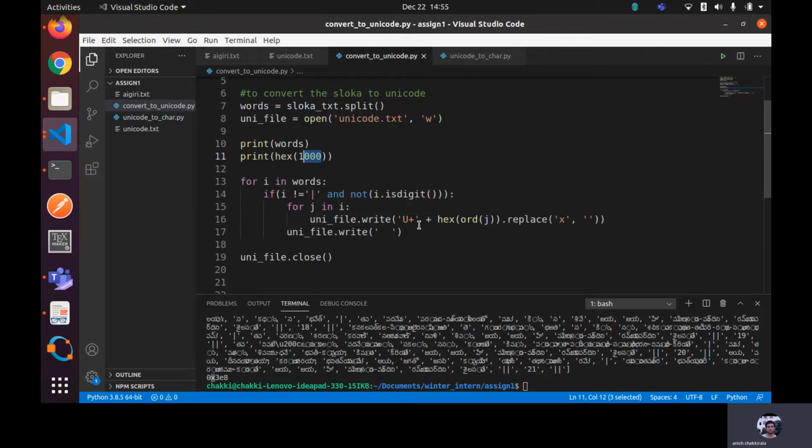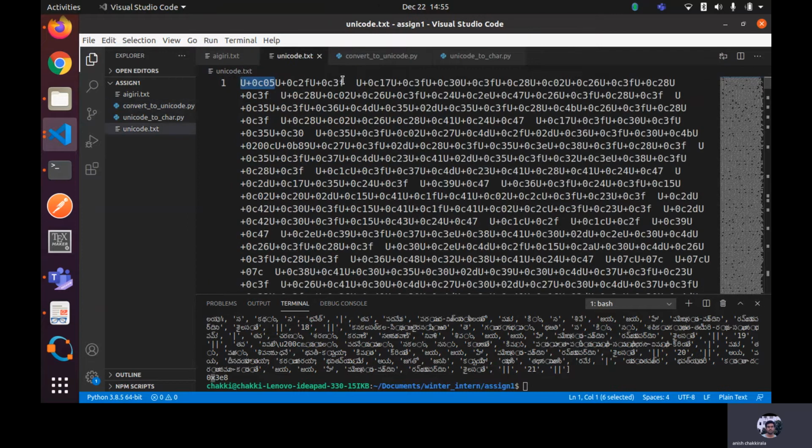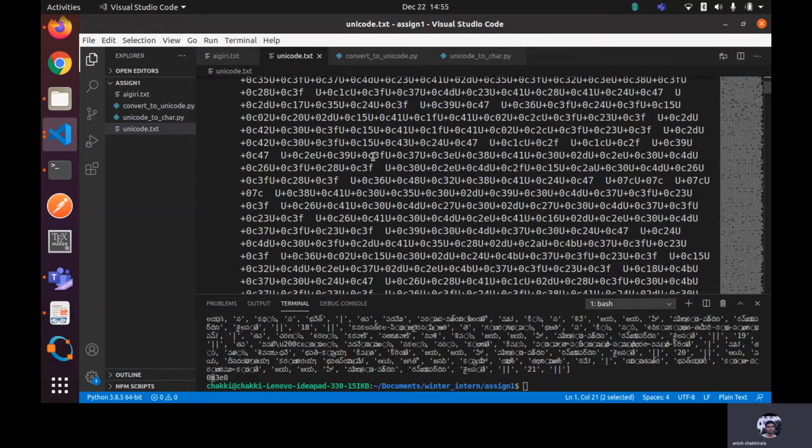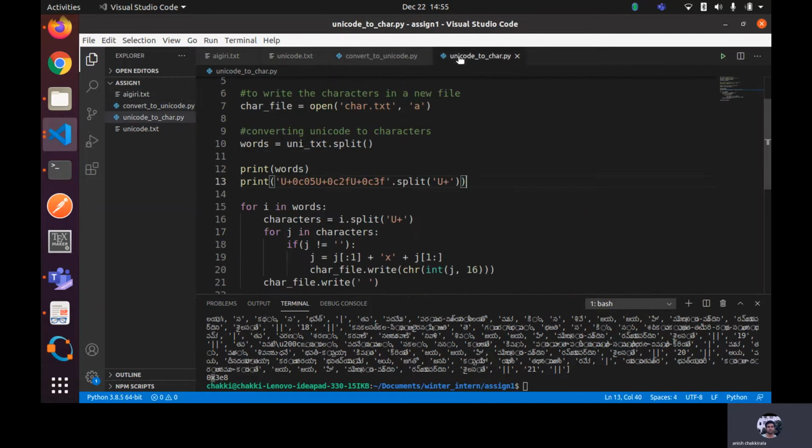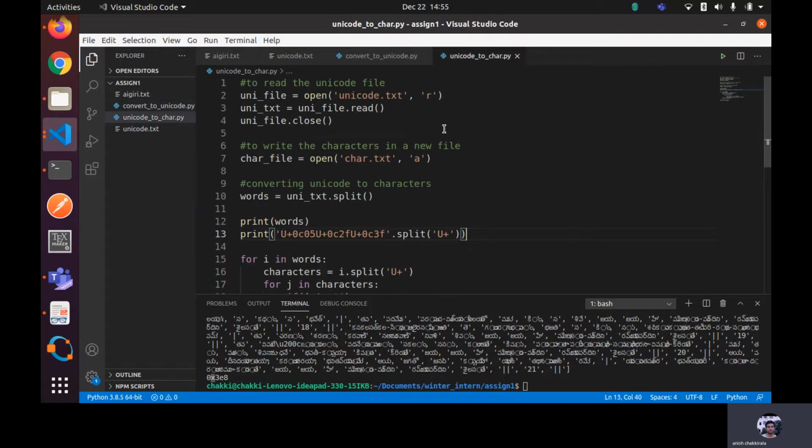Once I finish writing all the characters in the word, I have a space. So that is what is written over here. There is a space, which means it is going to the next word. And I do the same for all the words. So this is how I have converted it into Unicode. And I have also written a function which converts Unicode back into the character form. So for example, over here,